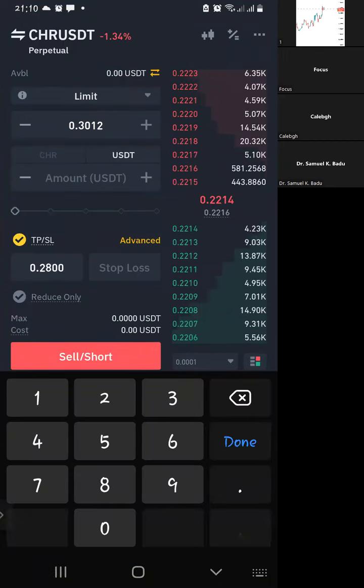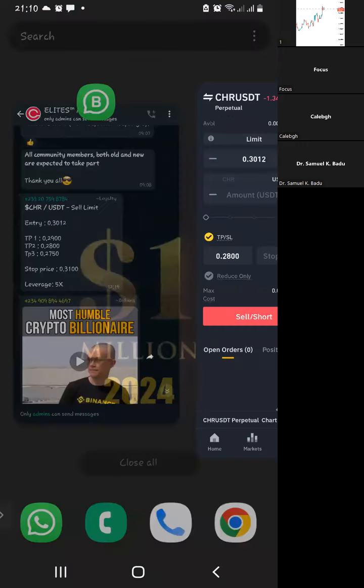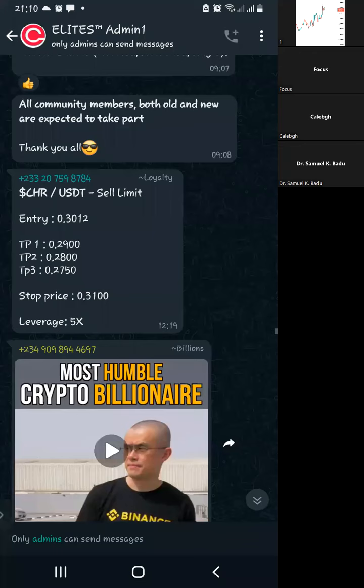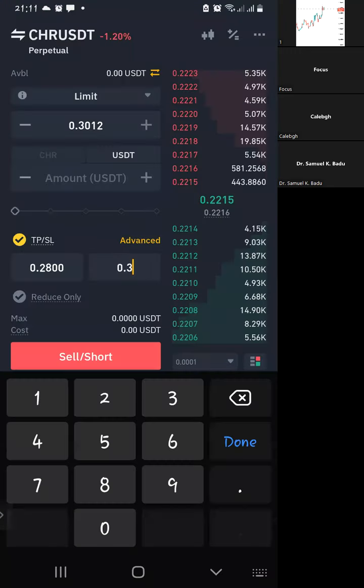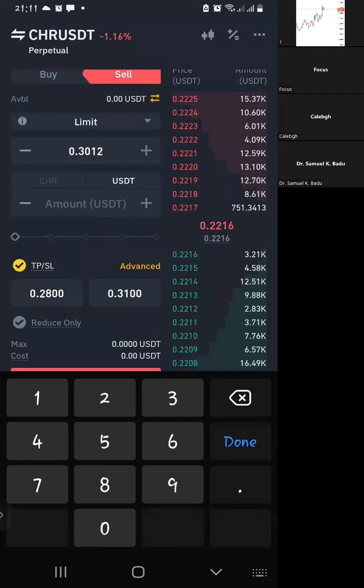Then where they set stop loss, every trade call always has a stop loss. So the stop loss price is 0.3100. So you enter your 0.3100 stop loss. Once you've done this, the next thing you want to do is, if you have money here,